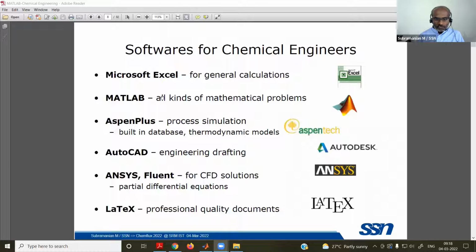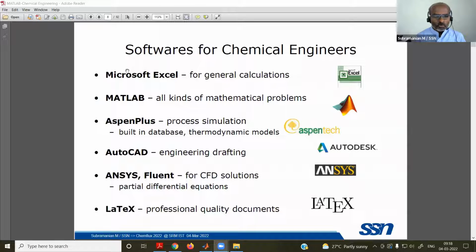And I feel these software tools are good for chemical engineers. The very first software I like is Microsoft Excel, which is readily available on all computers. Even better, people should know how to make effective use of their calculator. Even a calculator itself can solve some nonlinear equations, and even matrix problems can be solved with a handheld calculator.